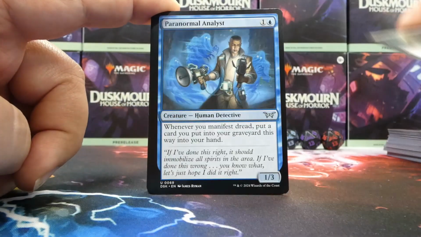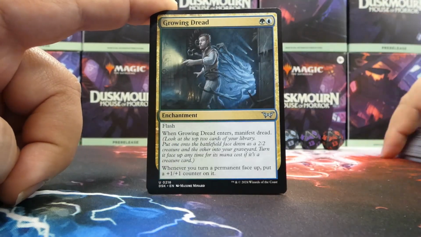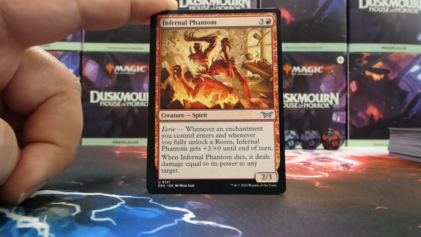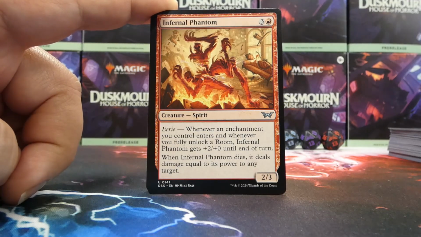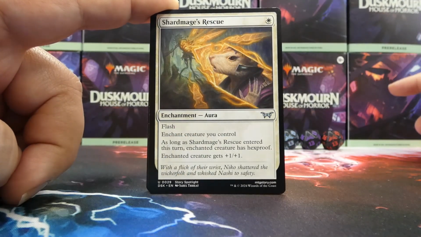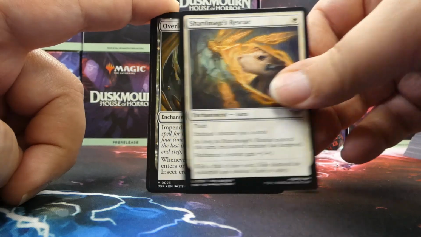Cackling Slasher, Paranormal Analyst is our first uncommon. Growing Dread is the second. And Infernal Phantom is the third. None of these cards really helping us. Interesting. Okay. A lot of red and green cards, which we're not looking for. But our next card is another white card and an uncommon in Shard Mage's Rescue. And likely our final rare or mythic is...